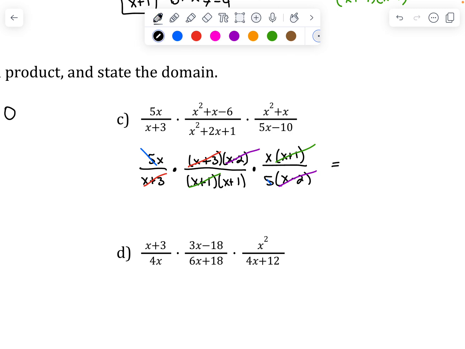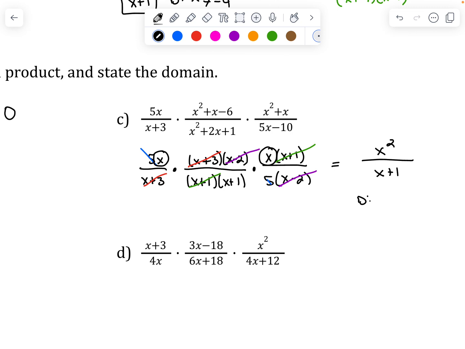So what do I have left over? I have an x and an x in the numerator, so that ends up being x squared. And then in the denominator, I just have that x plus 1 left over. Stating my domain,